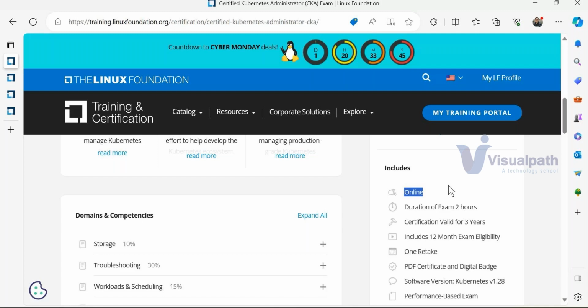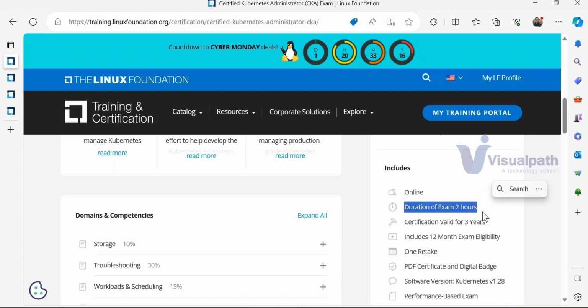The duration of this exam would be 2 hours. That is for sure. Earlier, the duration of CKA was 3 hours. For the old folks who know about CKA, as I said, it's slightly challenging because it's end-to-end. So the duration was 3 hours, but now it's reduced to 2 hours. They have reduced it slightly to make this exam a healthier thing, so that everybody can pass this exam and get certified. That's the objective. They have reduced a few things. Now it is 2 hours instead of 3 hours, which is a good thing.